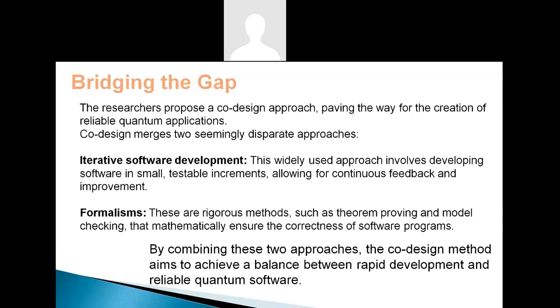And second one is formalism. These are rigorous methods, such as theorem proving and model checking, that mathematically ensure the correctness of the software program. So you can utilize these two basic approaches to develop your quantum software. Next, now we are going to finish it. And these are the future advancements of